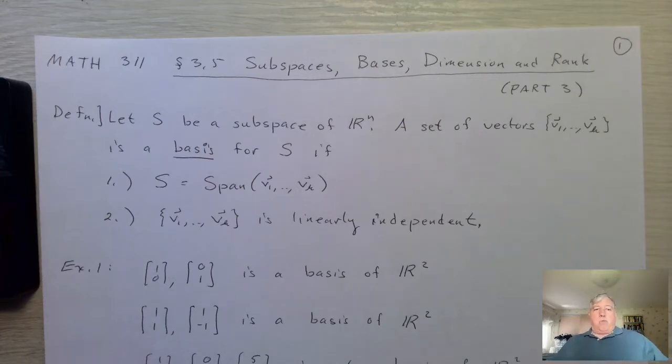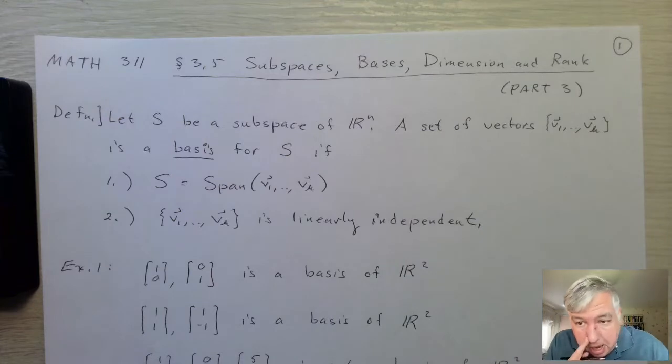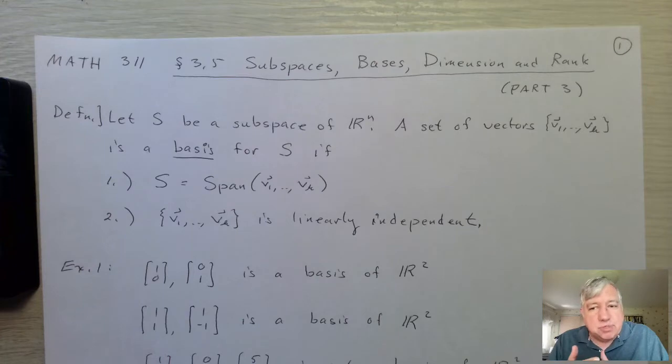Okay, so we have already talked about subspaces and subspaces associated with a matrix, like row spaces and column spaces and null spaces. All those subspaces have infinitely many vectors in them, so you can't write all of them down. So if you want to describe a subspace, you need to describe it by a list of spanning sets or generators, vectors such that all linear combinations of this set of vectors will produce